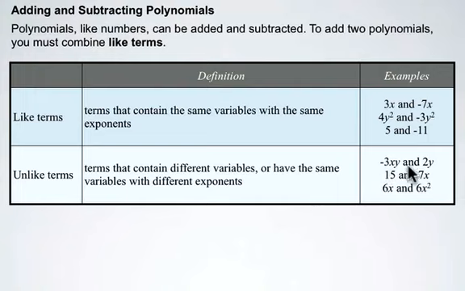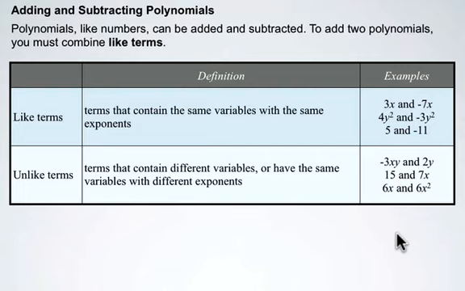So negative 3xy and 2y are not like terms. This first one has xy and the second one only has y. 15 and 7x are not like terms. 15 is a constant, 7 has an x. And here's an important one, 6x and 6x squared are not like terms. These are unlike and cannot be added together, because even though they both have an x, the exponents are different,